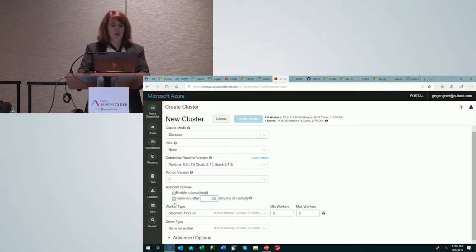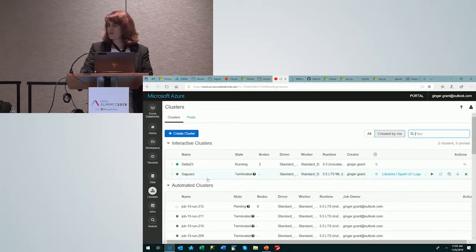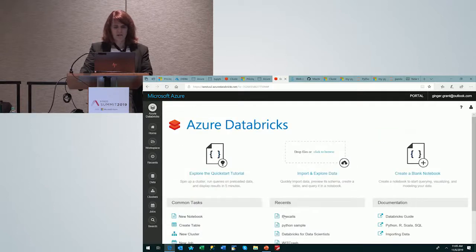And let's say you're like, and what happens when it's terminated? Nothing. You just get this little gray box and it says, oh, it's terminated. Sounds terrible, but it's not. But you need to have it running to be able to do anything. So what I have here